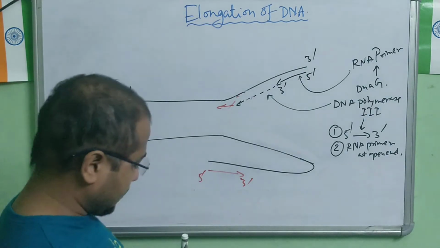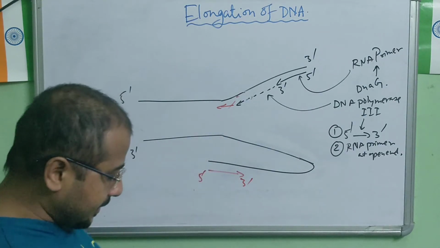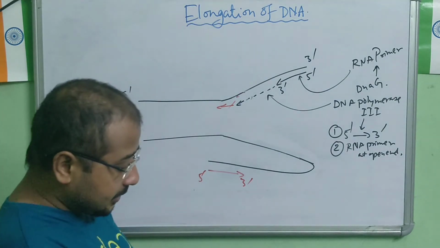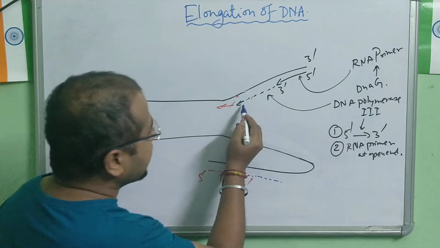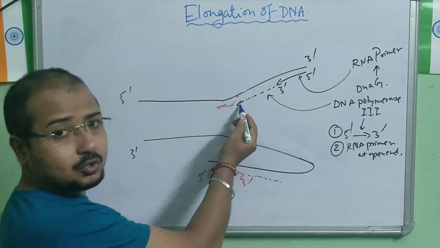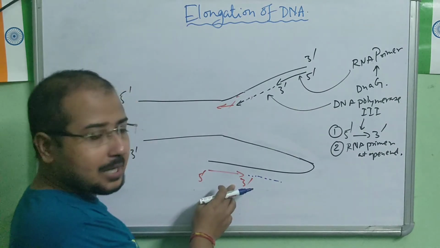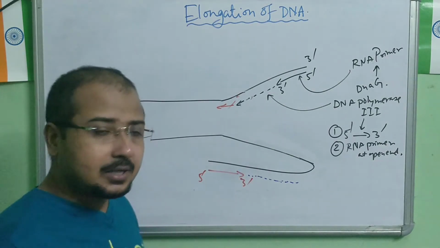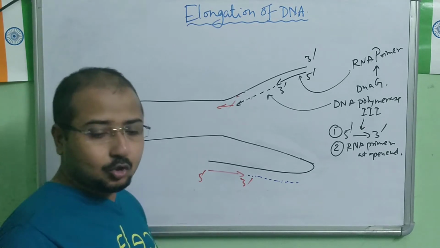Now, still it is in the opposite direction. If this is the strand of the RNA primer, then the DNA polymerase should proceed in this direction only. If you look here, 5' 3' primer, and then in this direction it continues the polymerization of DNA. The same is here, 5' 3', this is the RNA primer, and the polymerization should take place in this direction. But is it happening in the same direction? It is in the opposite direction. Still the problem is not solved. So this is the one step of the loop I have shown you.